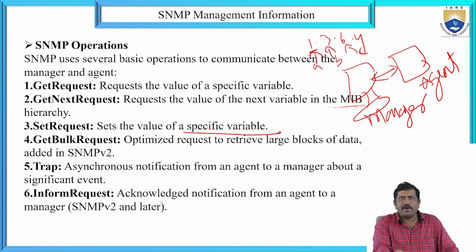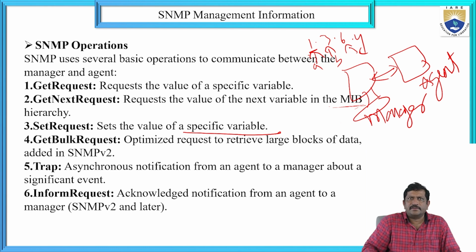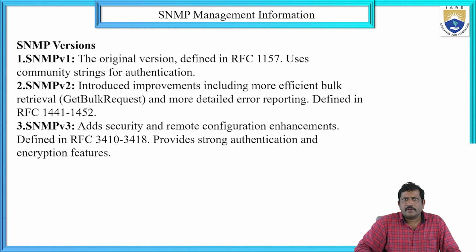Inform request. Inform request means acknowledged notifications from an agent to a manager. That means generally SNMP version two and later should be utilized in inform request operations. So, versions. If you take the Simple Network Management Protocol, we are utilizing different types